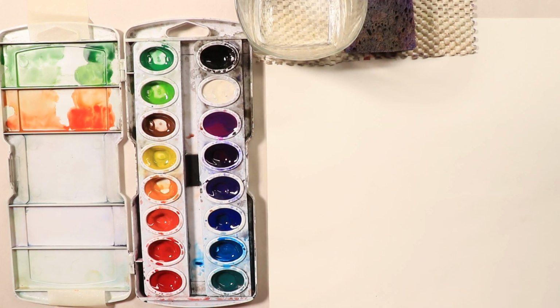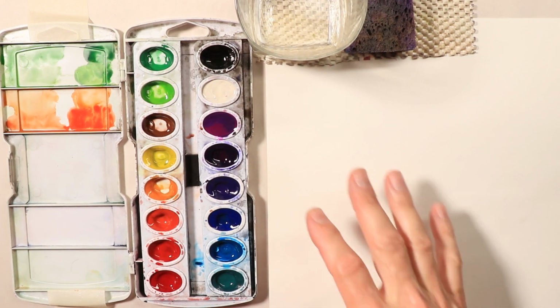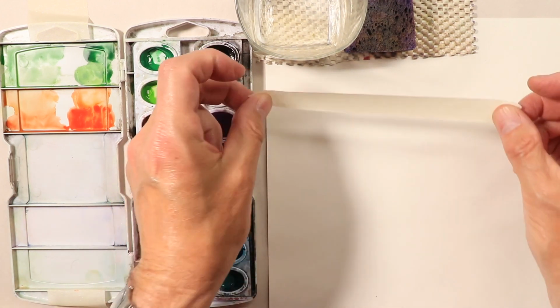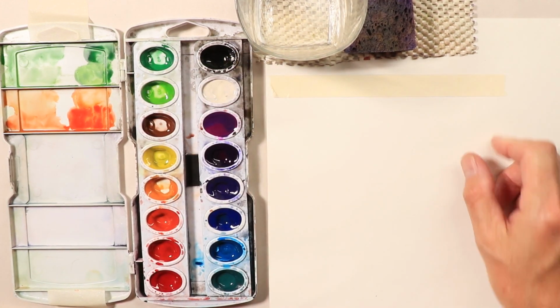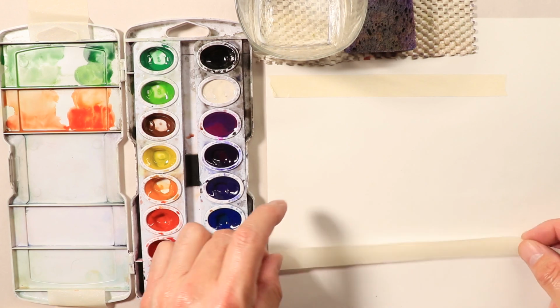Okay, we are back, everybody, and we're going to start out by taping out an area. We're going to think about, if we do a small composition, it might turn out really fantastic. So let's put some tape around it. Let's create for ourselves a little bit of a framing idea here by putting down some tape on our paper. So I'll put one there. Doesn't have to be perfect. You can just go with maybe